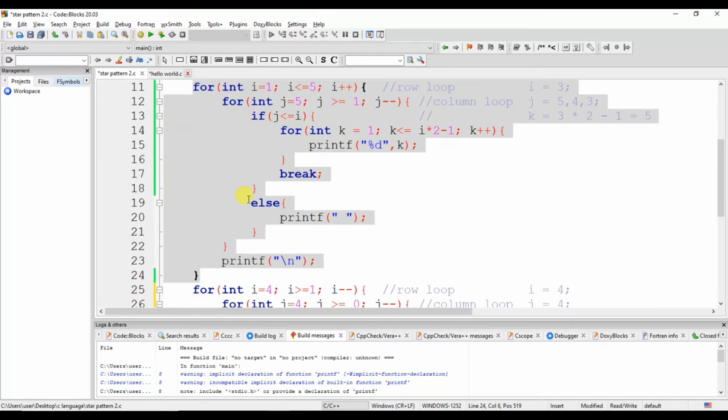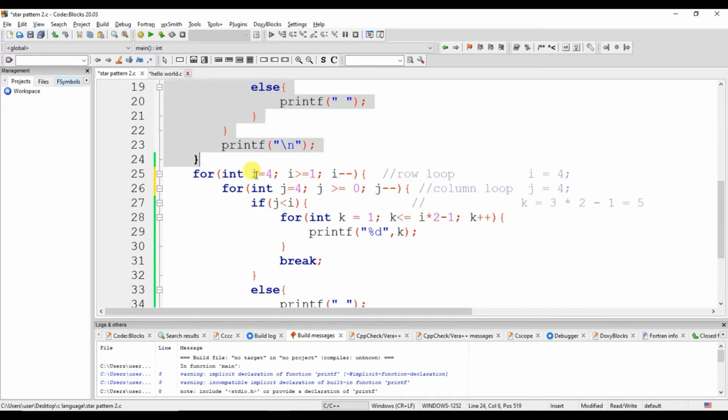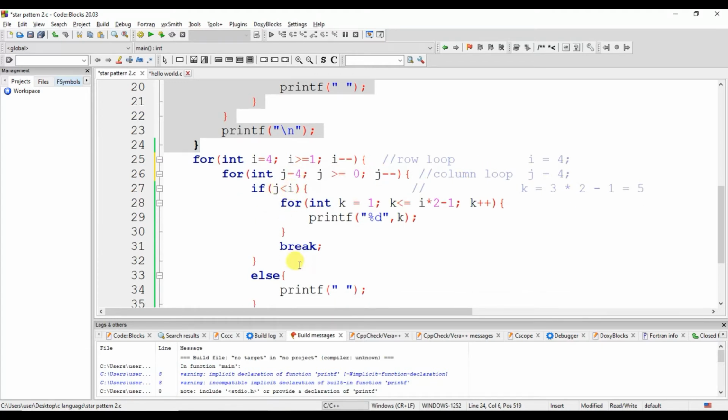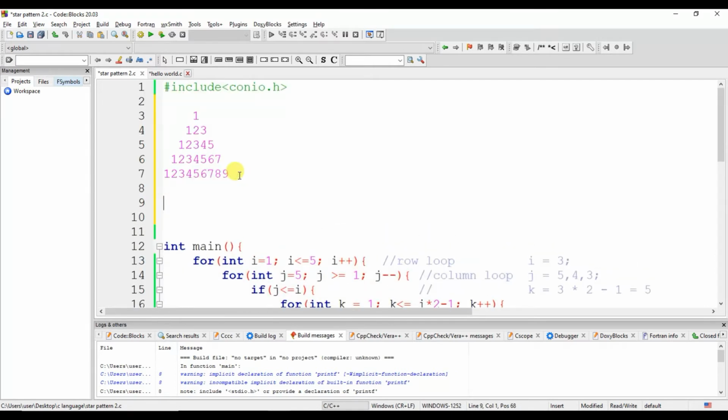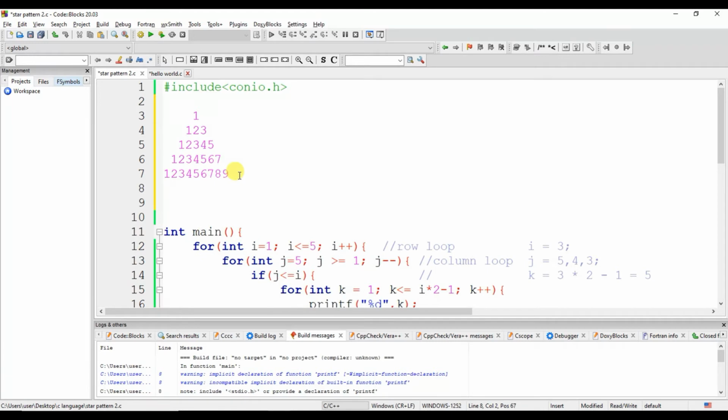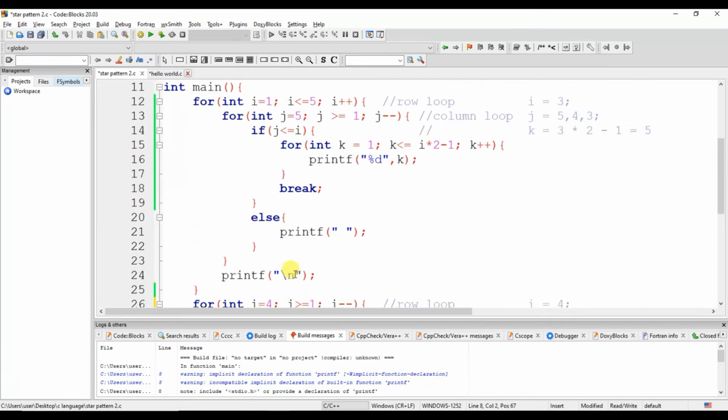After that our for loop is initiated. The I value is 4 here, and the j value is 4 here. So j is not less than I, so it will print a space. Let's come down, we printed the space.